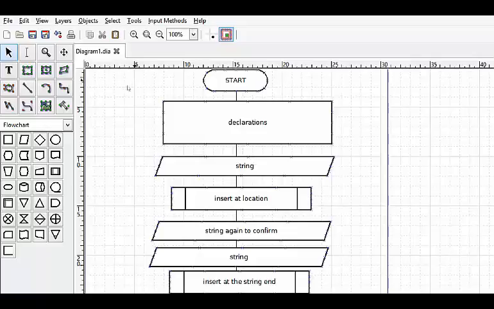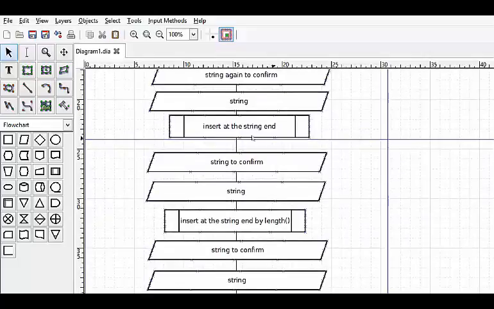Our plan is to start the program, declare some variables, display a string, the original string, then insert at a location within the string and print it out to confirm it, then print out a string, insert something at the end of the string, print out the string in order to confirm that the insert actually worked, and then take another string, insert a substring by calling the length of the original string,